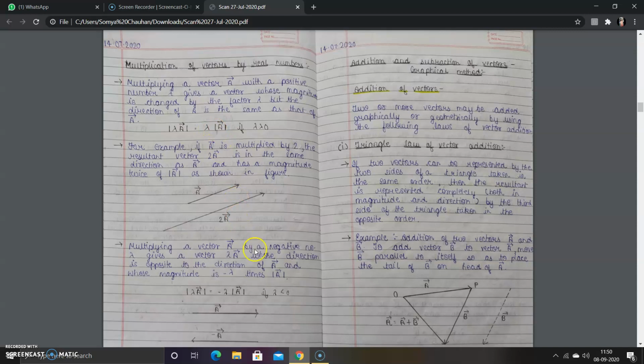Now next consider the situation for lambda less than 0, that is, we talk about negative lambda. When you take the magnitude of lambda a vector in terms of negative real number, it will give you minus lambda times the magnitude of a vector. For example, I have taken an example for lambda equal to -1. In case of -1, the magnitude will be equal, but the direction of the resultant vector will be just opposite to the initial vector, or you can say this will be a negative of any vector. So you can see in this diagram a vector and minus a vector both are in opposite directions.